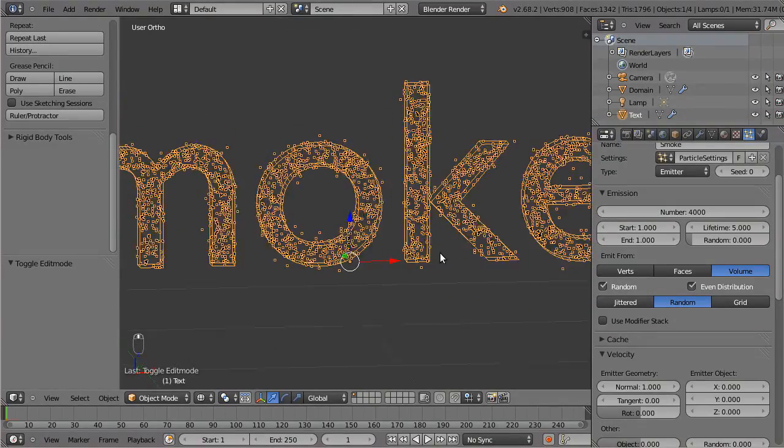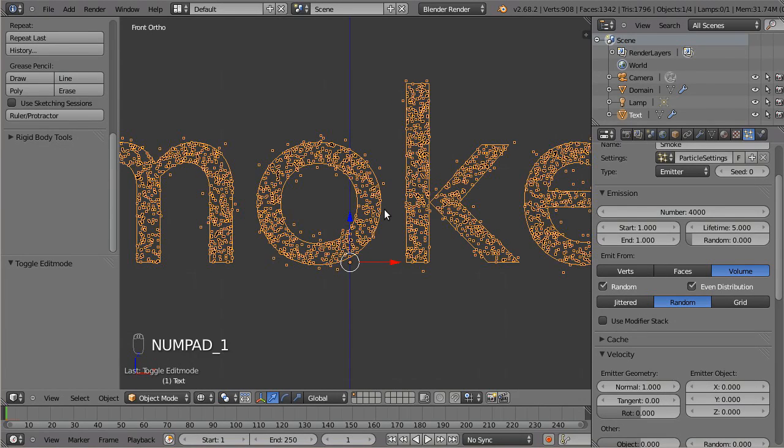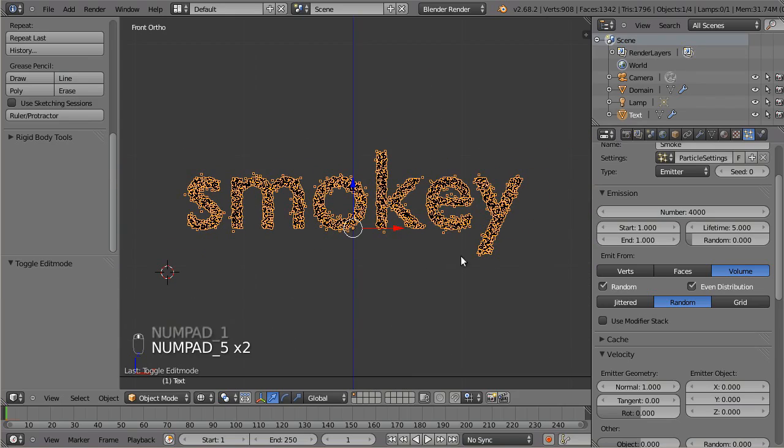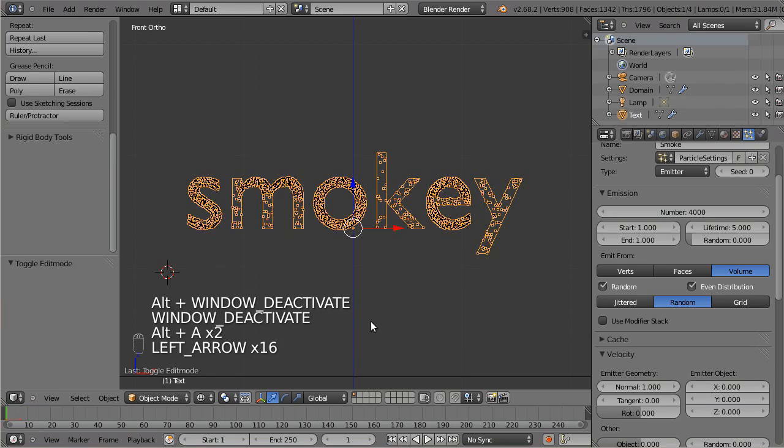Now it doesn't care about the geometry. It just randomly places particles inside the geometry. Okay, cool. So now we have this, and if I run the simulation, you can see the particles are moving,